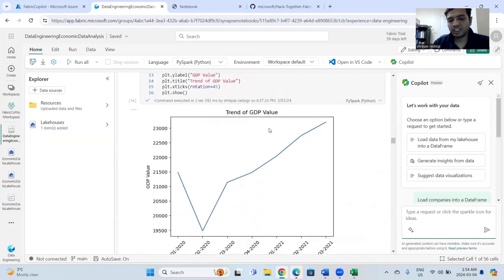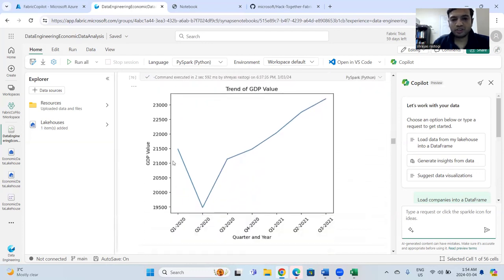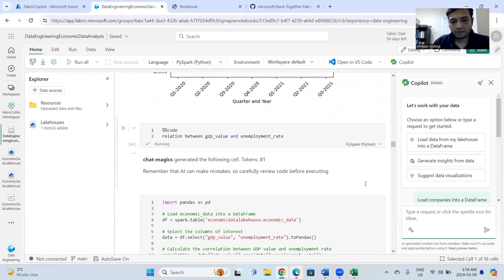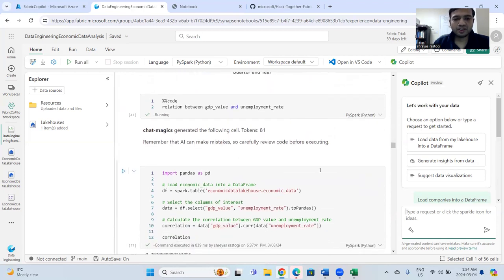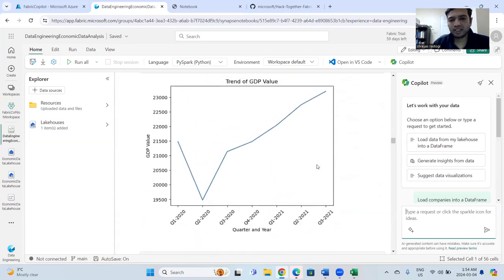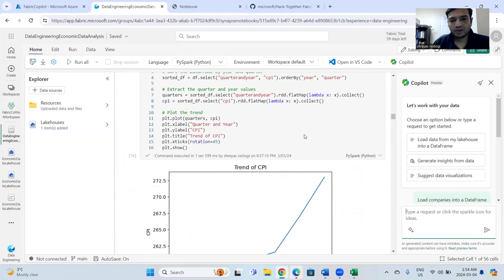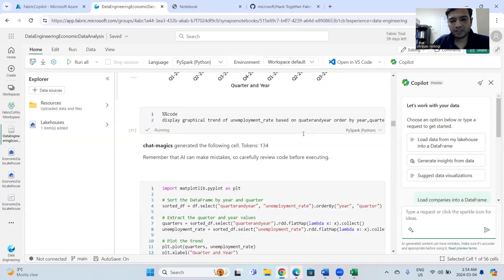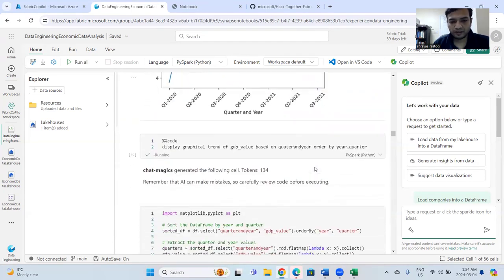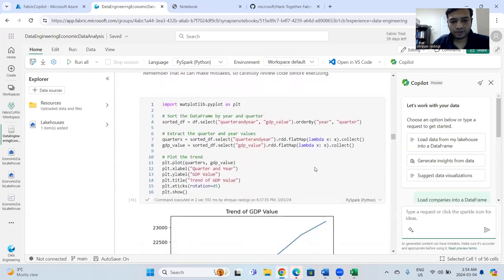Next, we wanted to see what the GDP trend is. So for the quarterly GDP trend, from Q1 to Q2, it came down, and from Q2, it's going up. So basically, we have done analysis of the data quarterly: we have seen the GDP increase, the trend for unemployment rate, and the trend for CPI. Now, this is all done using Copilot. Now, if we go down,